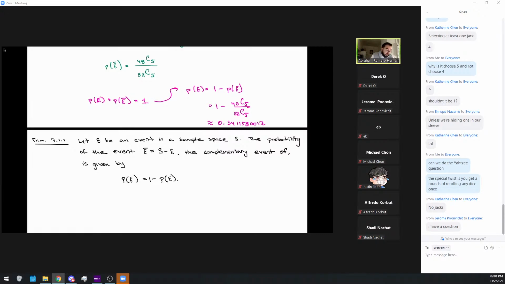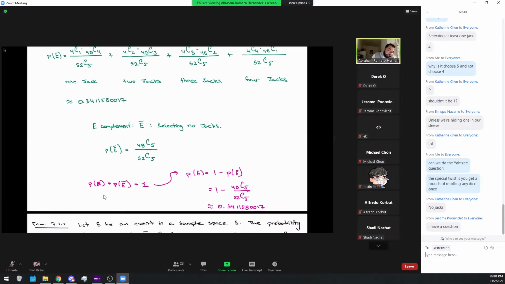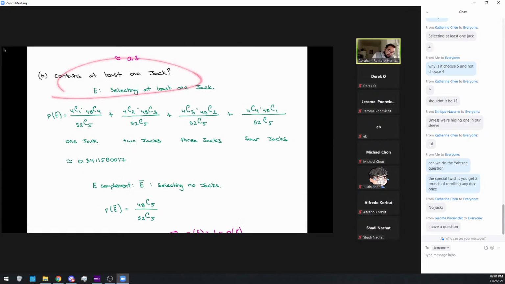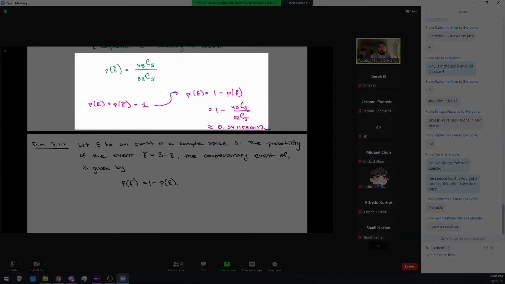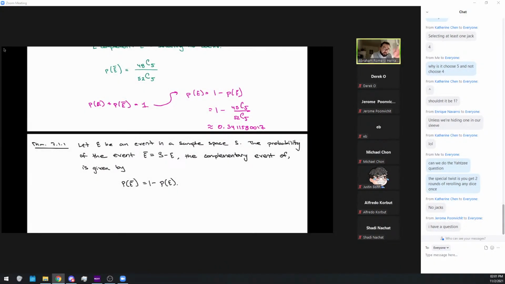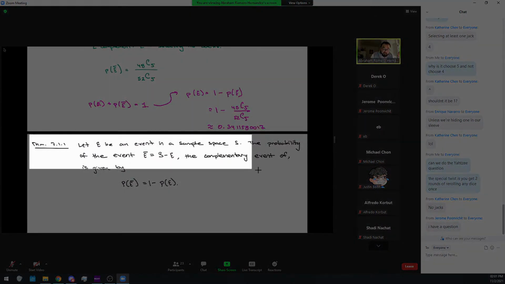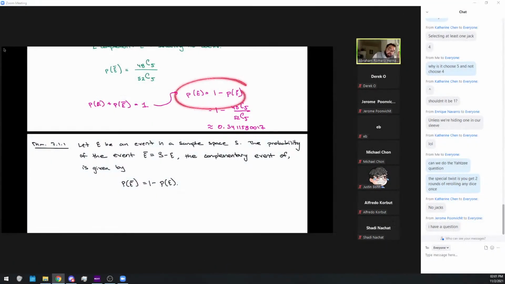So again, using the complement can actually help us find solutions to questions of this type. Instead of doing it the long way, which is still correct, if you got your calculator and actually found each one and added them all up, you're going to get the same thing as this. But some people might view this as simpler. It really depends on the person. Both are correct. I will mark both correct because they are correct. It just depends on how you write it out. Any questions on that?